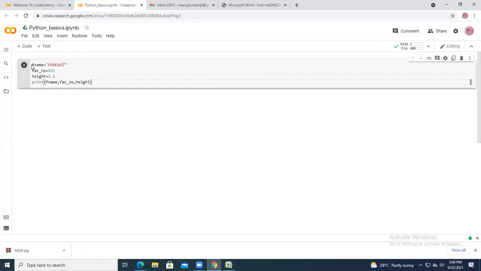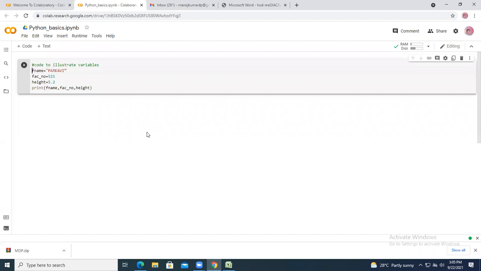Before typing each and every program in your cell, add a comment: Python code to illustrate variables. I'll be taking it like this. And after you type your program, kindly press this play button.